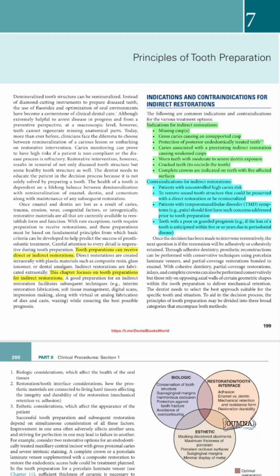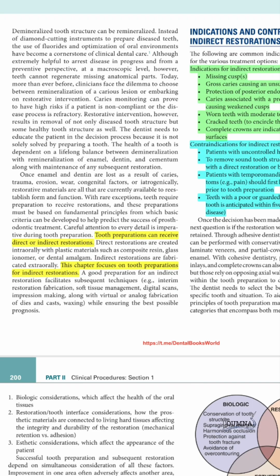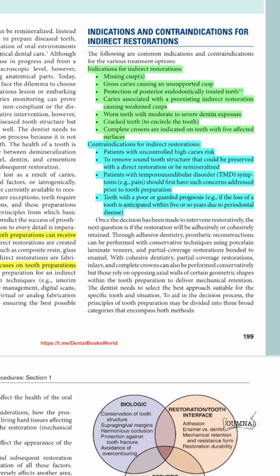In this chapter, we will discuss the principles of tooth preparation to understand the underlying principles of why we do this and how we do it. Tooth preparation can receive direct or indirect restorations. In this chapter, we will focus on the indirect restorations, which are usually indicated when we have missing cusps or gross caries, or we have an endodontically treated tooth,